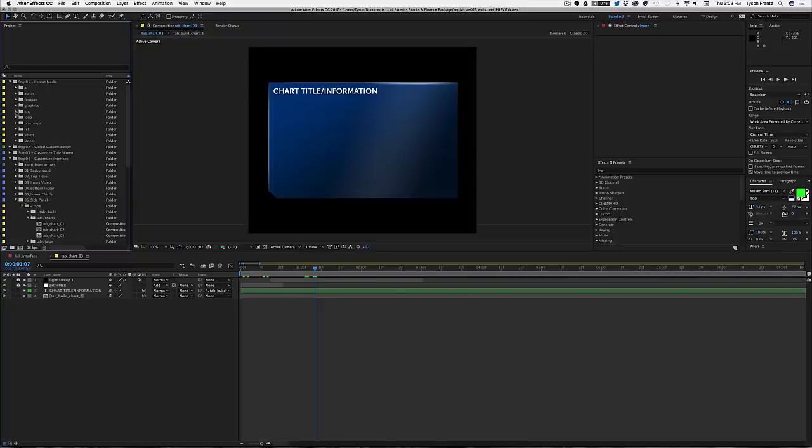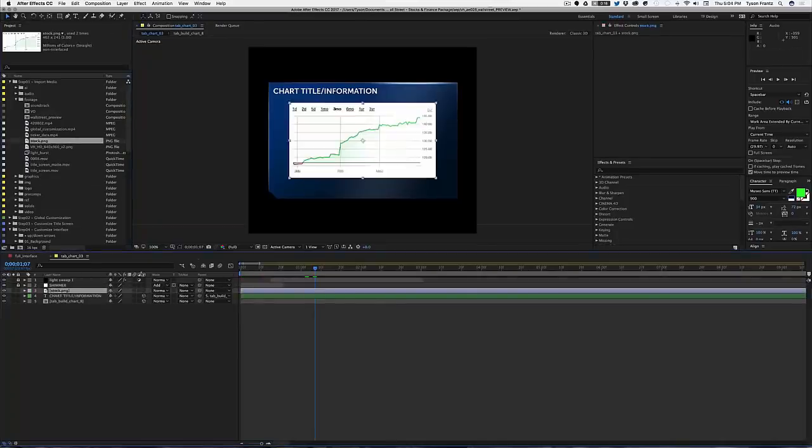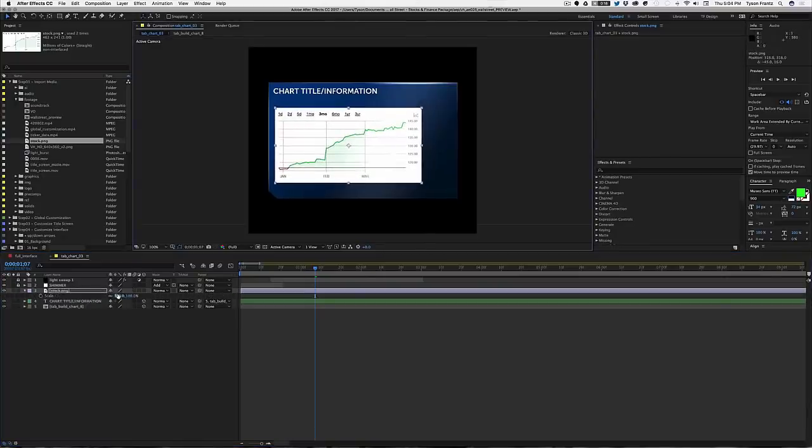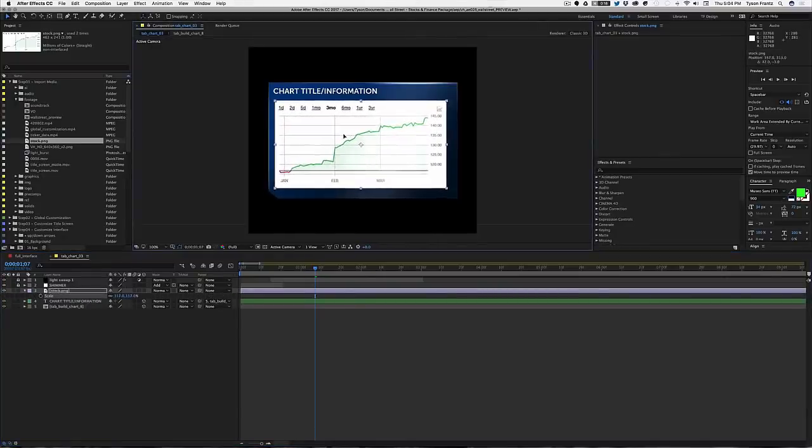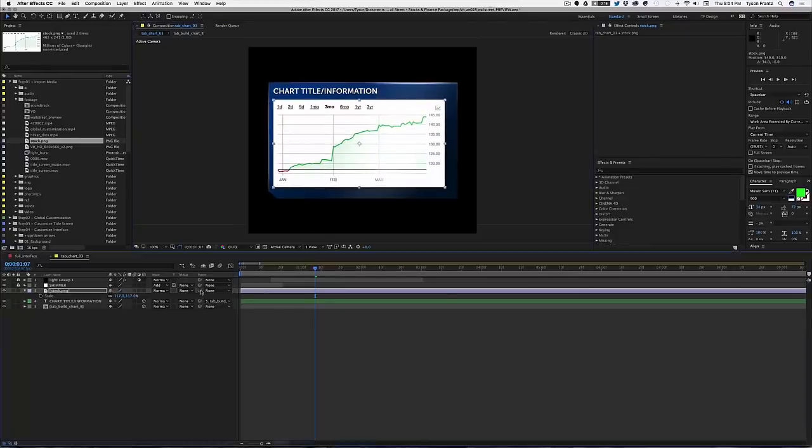Let's say we input a chart rendering. Let's see, where are you? We drop our chart rendering in here. Maybe we scale it up so that it fits a little bit better, or scale it down, whatever the case may be. We can add some more text if we want. But again, we want to make sure that we parent this to this bottom tab layer